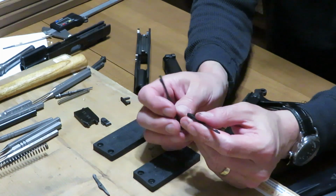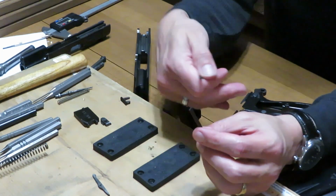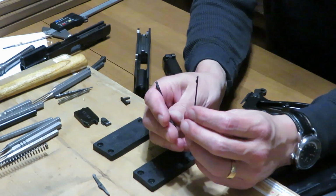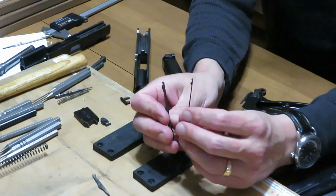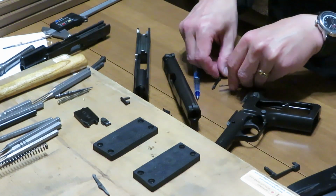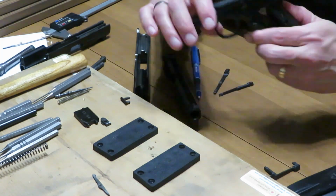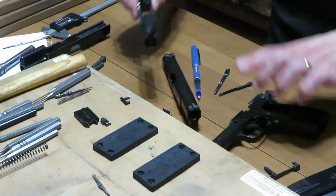And to the best of our knowledge, this extractor has been in the High Power since probably around 1940, in that time frame. So this is one of the things that Saive did, and it seemed like he really kind of knocked it out of the park with this extractor. Now, having said that,